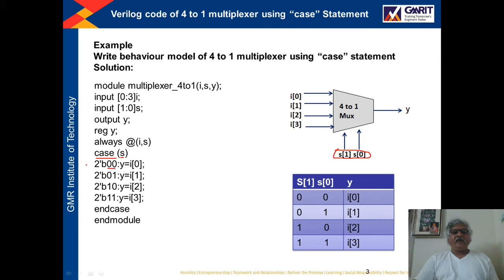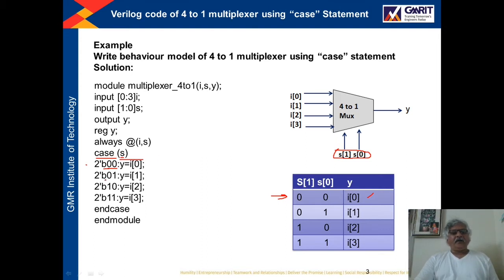The value of S is 0 0. This is one condition. If the value of S is 0 0, then I0 will be assigned to Y. So we have written the statement Y equals I0.